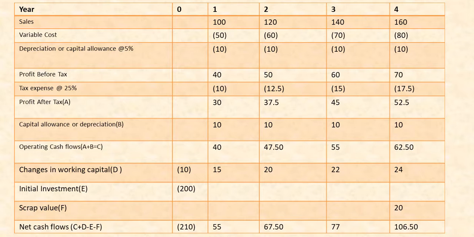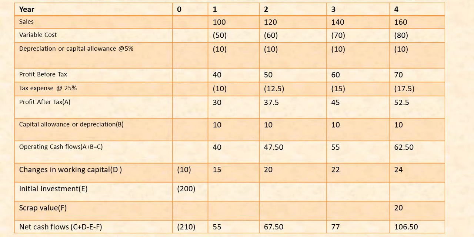Now, since I'm just giving you the beginning of the question, there are a lot of other factors which come into mind when we are calculating depreciation. For a simple reason, because we are just starting out, I have given you a very simple example of depreciation at 5%. Forget about the SLM, WDV kind of depreciation. We are just talking about the depreciation calculated at 5% of $200,000 for this example.